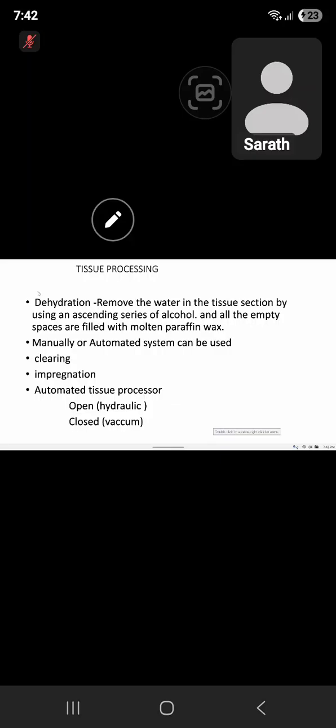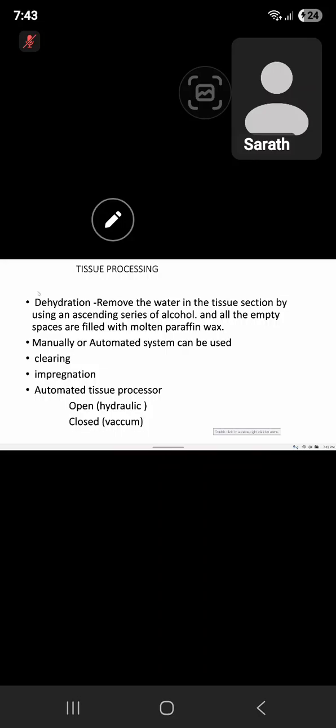After that, the tissue, earlier filled with water, then filled with alcohol, is now filled with xylene. After that, we allow impregnation of wax. We are going to impregnate the wax. That means earlier water, alcohol, xylene, now xylene is replaced by the wax. It is called impregnation of wax. Right? So for that, we are using wax baths. Wax baths are